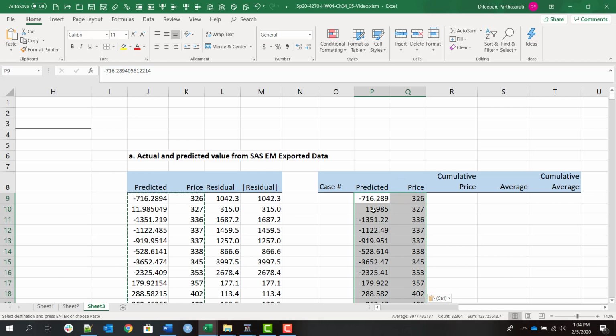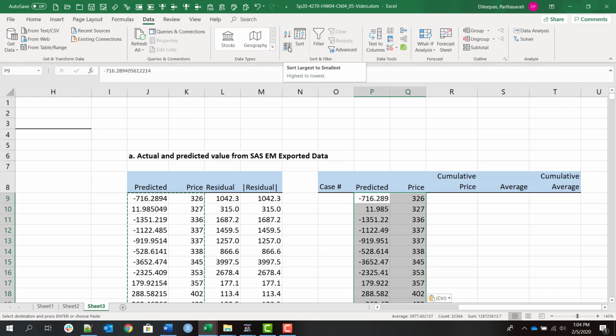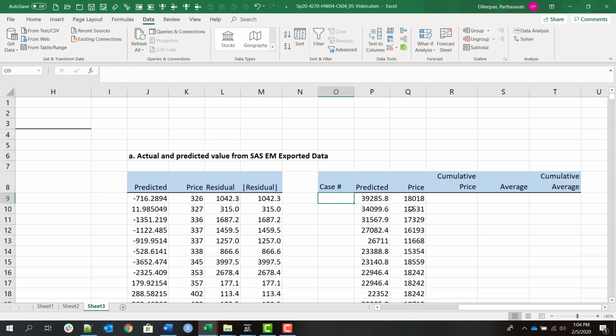So we want to see how well the actual values align with the predicted values, meaning that the larger value of the targets get larger predicted value, and smaller value of target gets predicted as smaller value. So if there is alignment, then that's a good model. And that's what we're comparing here. We need to find the actual. So we sort by predicted. So we go sort. Now we do it from largest to smallest. Okay, and then you can set up